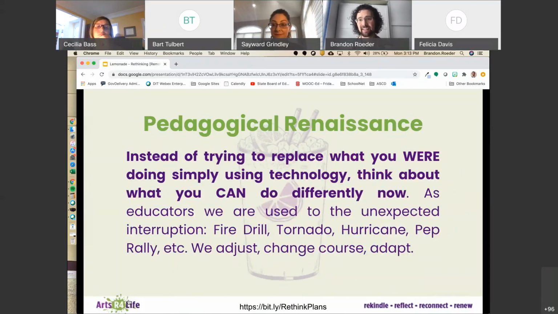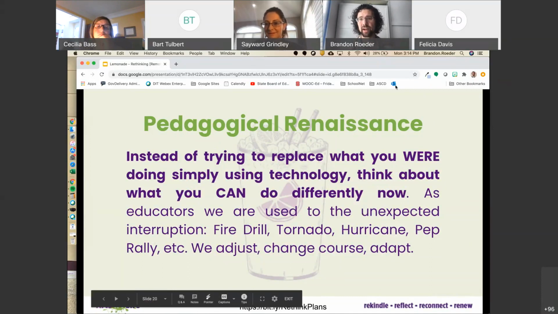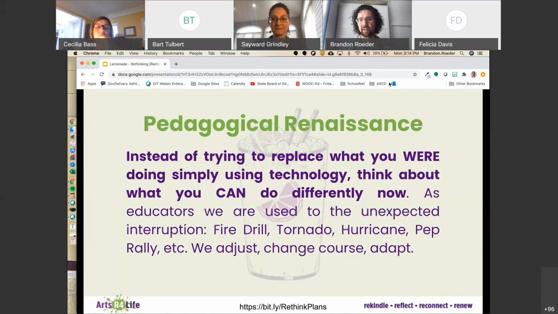Now is not necessarily the time to only try to reproduce what you have been doing in the past in an online environment. There are no standards that demand judged performances or singing together across Zoom, black box performances, or even halftime shows.